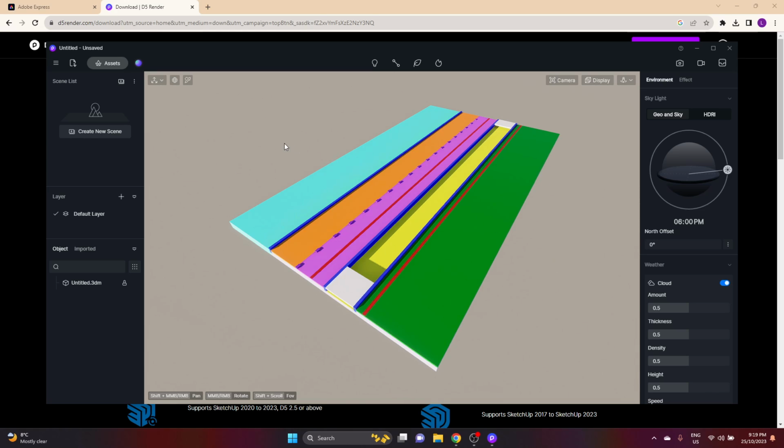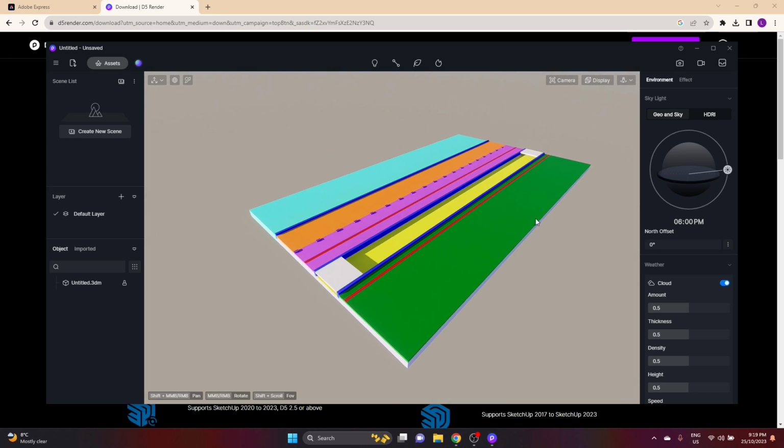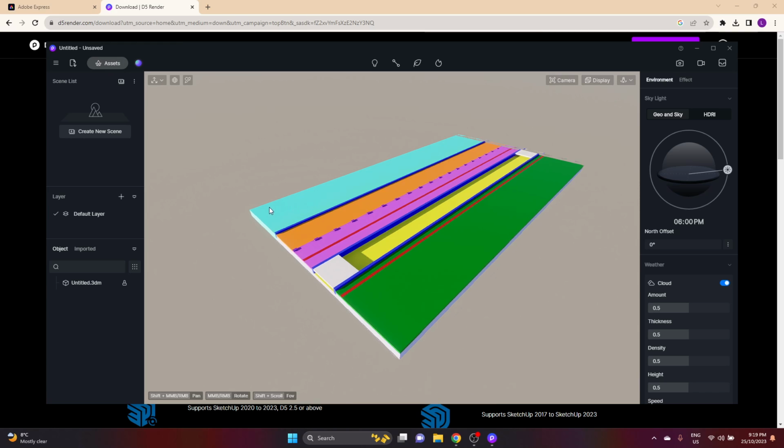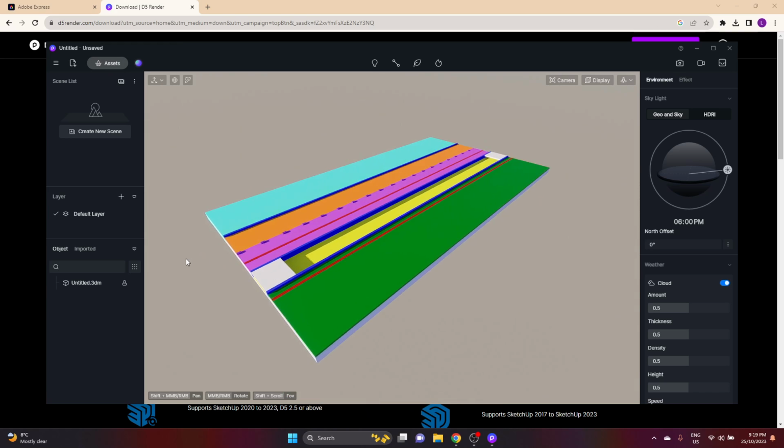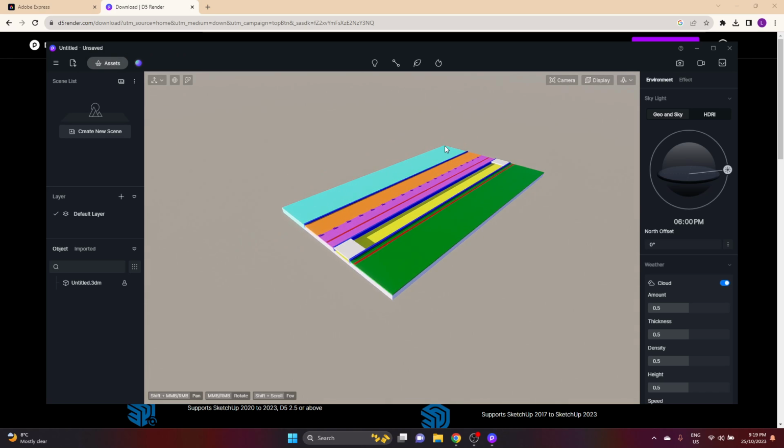And then what I want to do was create a quick little diagram for this. So at the moment, all the file is separated into layers. So what I'm going to start doing is quickly start populating this with a few different materials so you guys can see